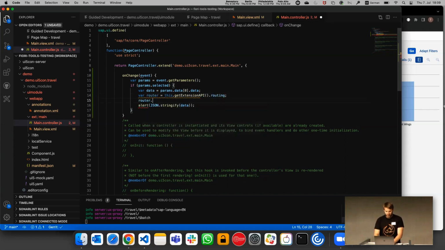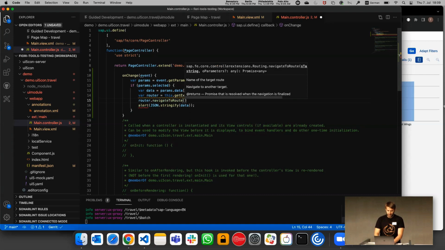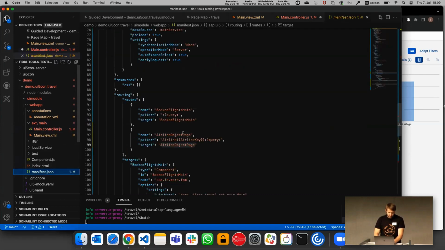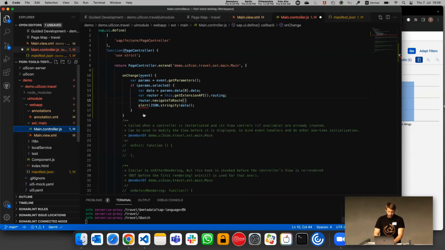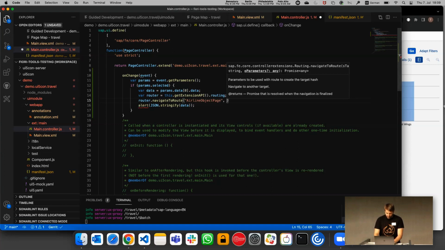So I can now tell my router simply navigate to route. Navigate to route, and it asked me for the target. That one I forgot already. Let's go to the manifest. So I want to go to that object page. Here we have our target. So going back to my controller and adding this one, and it also allows me to give some parameters, again